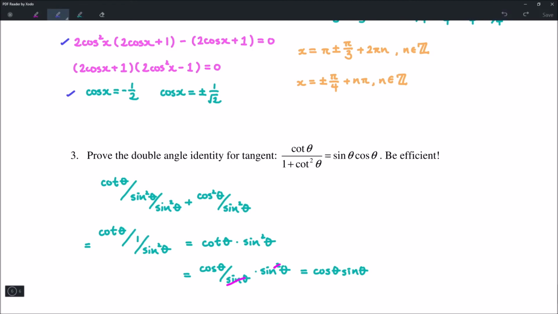Okay, so just a few more kinds of examples in regards to trigonometry that we went over today, and